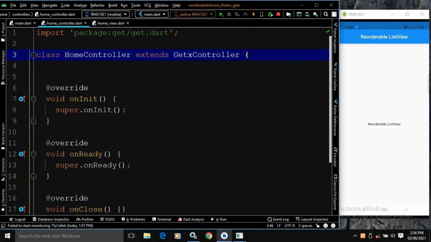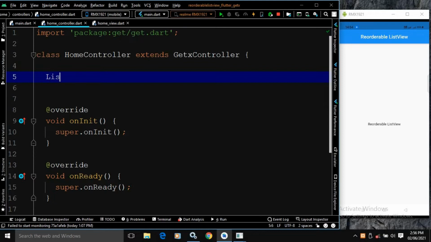Here, I will create a list of strings, and let me give its name as myfab equals to, and I will initialize it with some string values.